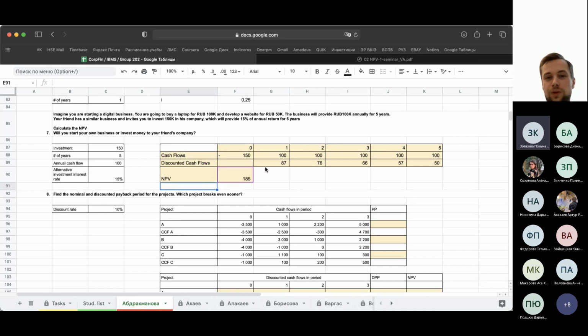So we think whether we should invest in our own company or not. We have 150,000 rubles, and we think, should we start our own company or not? And for this purpose, we calculate NPV and compare our own idea, our own investment opportunity, with some alternative